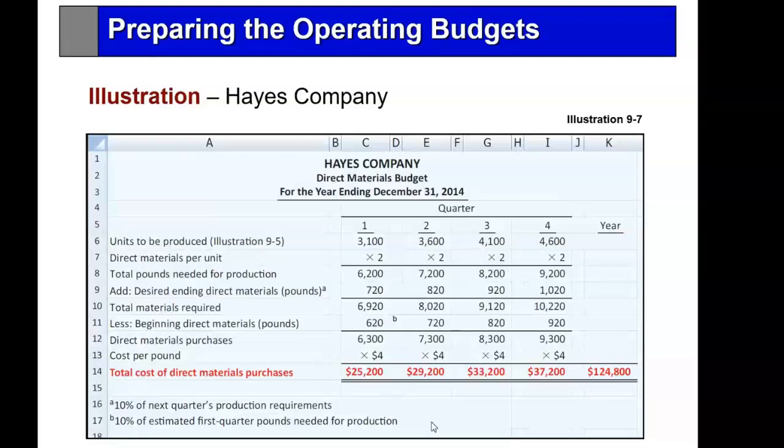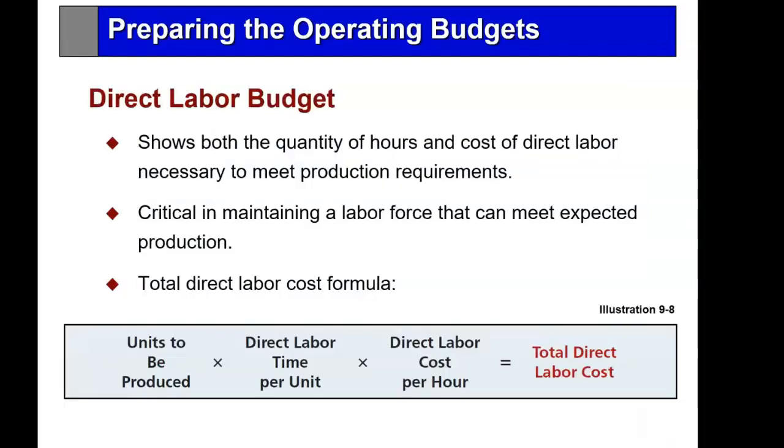So those two are the complicated budgets, the production budget and the purchasing budget, because you're dealing with inventory. Now, you can't inventory direct labor. You need to have them available when you need them. And therefore, the direct labor budget is rather straightforward. You need the direct labor to produce.